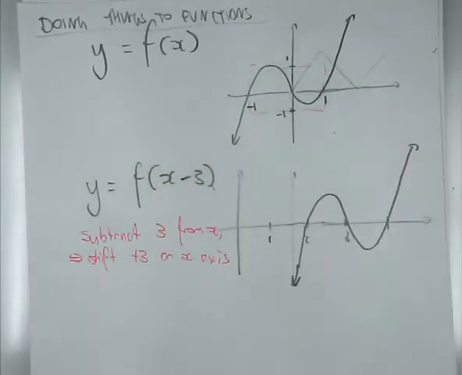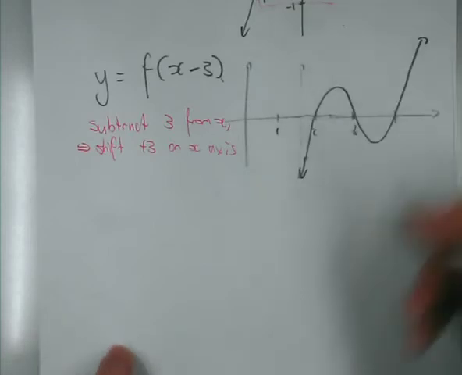Subtracting 3 from the x meant I shifted plus 3 on the x-axis. Adding 3 to the x would mean I'd shift minus 3 on the x-axis instead. If I had this,